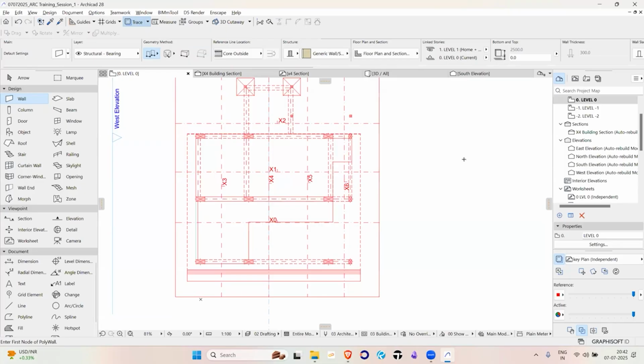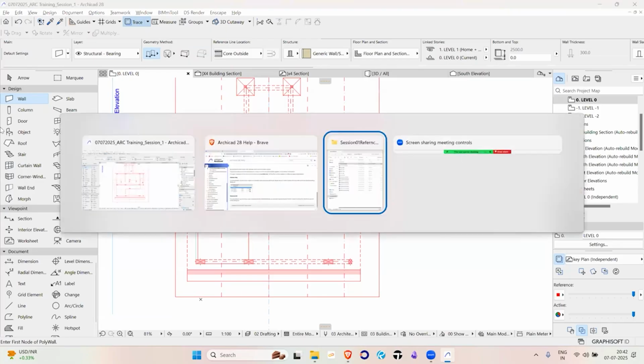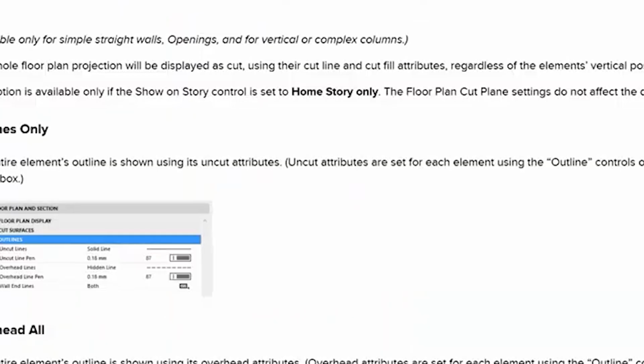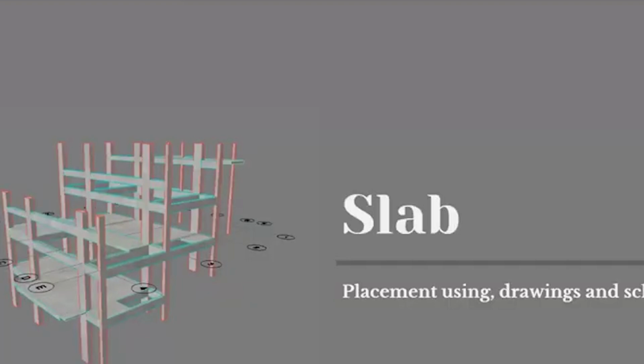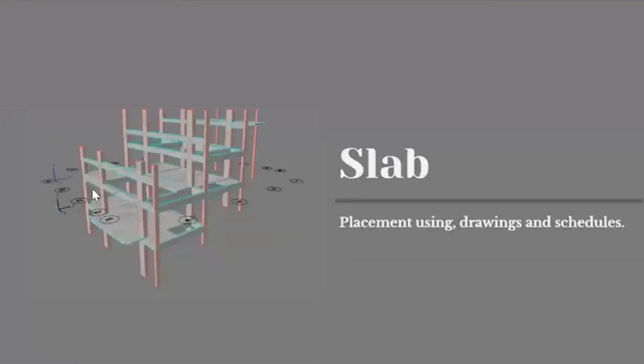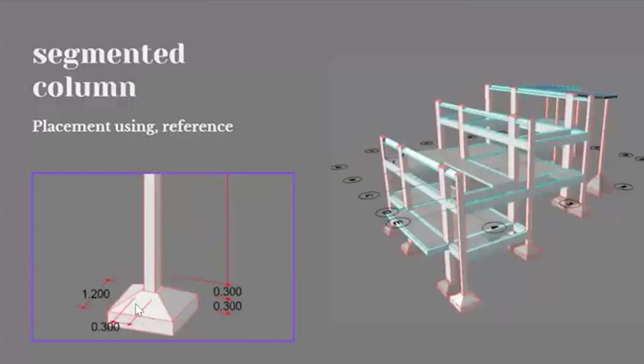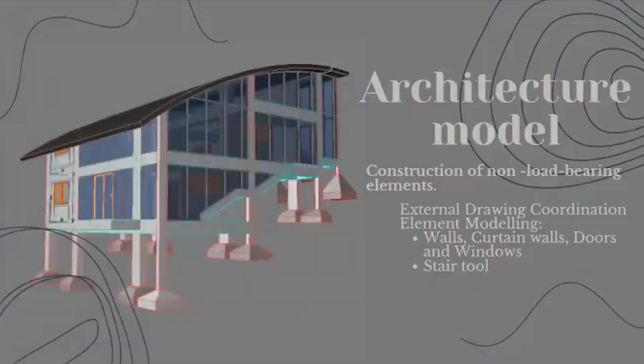So in the coming session, we will look at the roof, which is going to be something like this. And we will start creating these segments that are segmented columns. And we will start with the architectural layer in the next